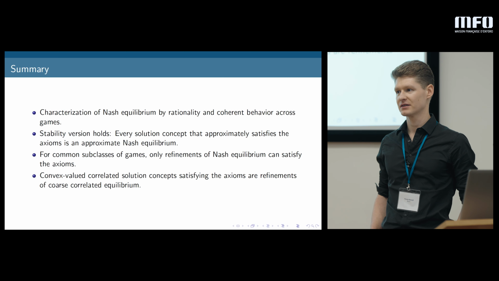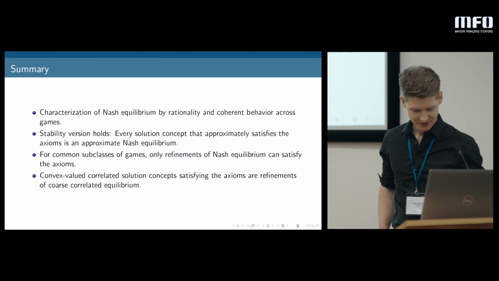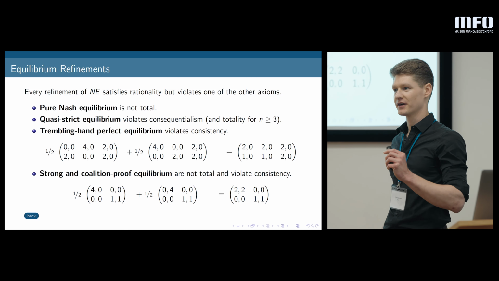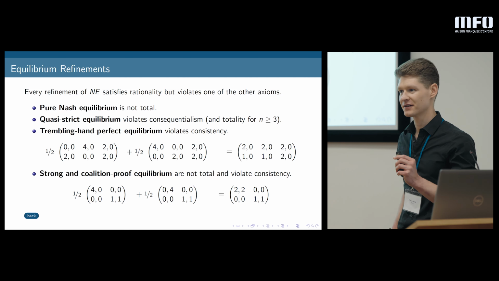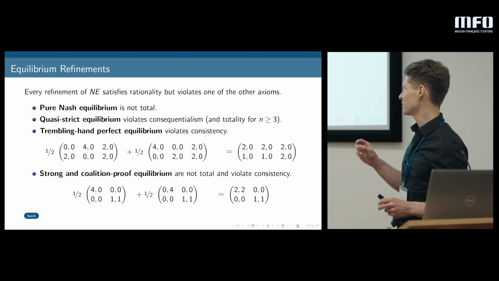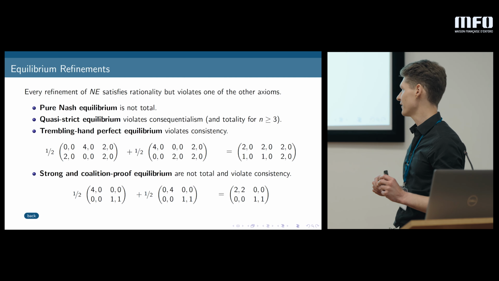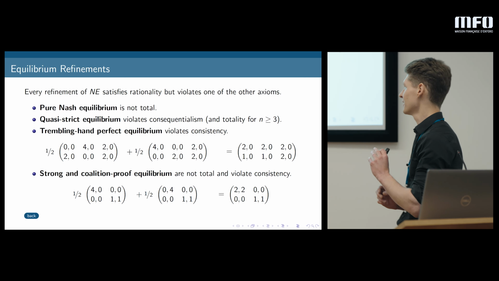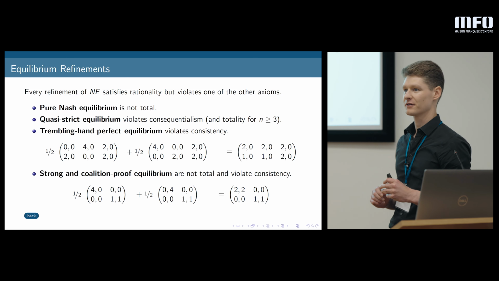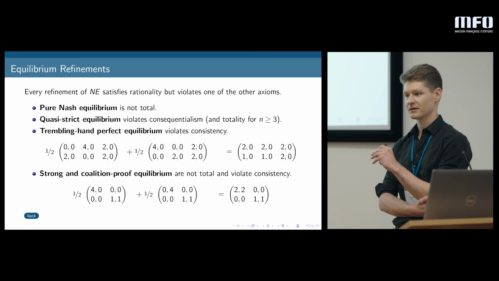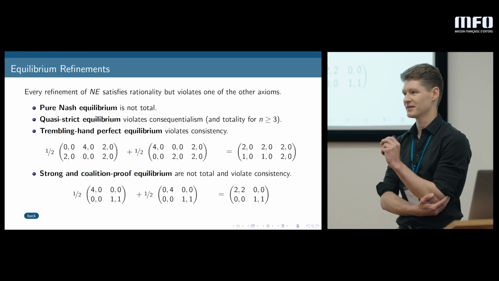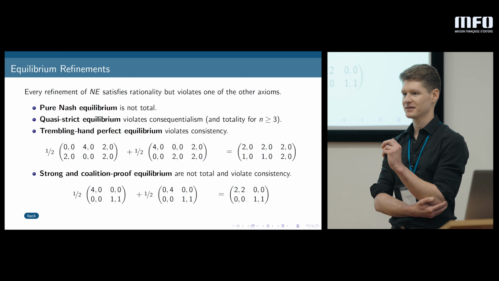Maybe just quickly, if you had, say, a trembling hand equilibrium, what would be violated? Trembling hand would violate consistency, right? Because basically the sequences that witness the fact that something is a trembling hand equilibrium could be different in two games. Index also violates convexity. You can have +1 and -1, and then the convex combination will be a 0, and many things can happen with index.